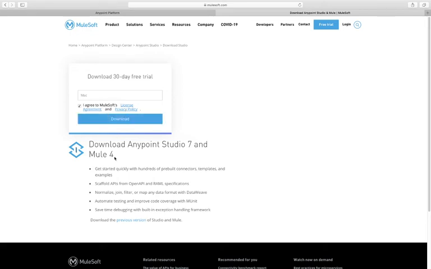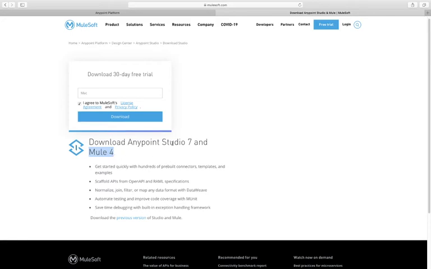So in this package, what all things will you get? You will get Anypoint Studio 7, the latest version of Anypoint Studio, that is 7.7, and Mule 4 means you will get the Mule runtime, the latest version of Mule runtime, that is 4.3. If anyone wants an older version of Anypoint Studio and Mule runtime, then you will select this option.